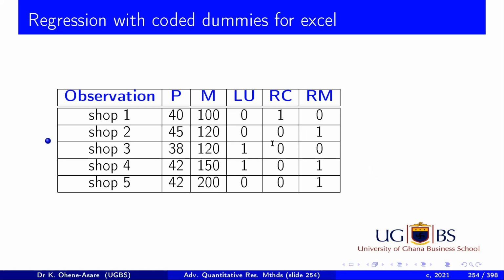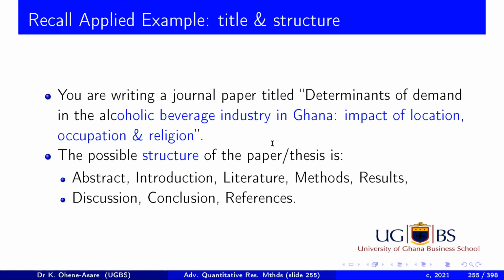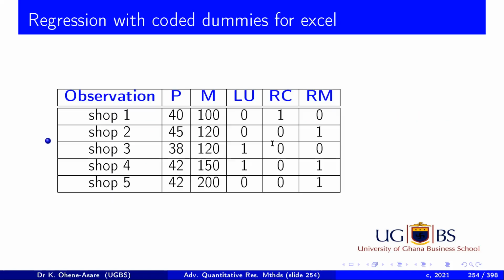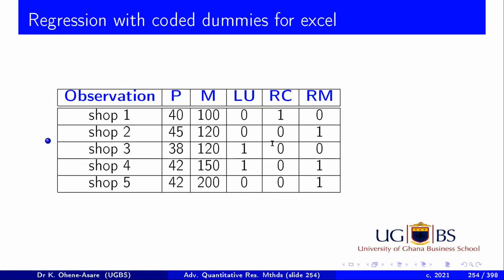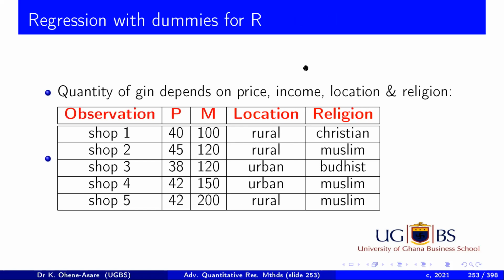And you can easily do this in Excel and then bring it here, or you can even command R to do that for you. We shall do this in the course of this. Okay, so you need to be able to do dummy variable coding every single time that you are doing your work. Now, the good thing about R is that if you don't code them and you still leave them like this, it's fine. R will be able to make sensible sense of that for you. So there's no problem with that. Excel will not be able to do it, but R will. So learn how to interpret dummy. We'll come back to this, and